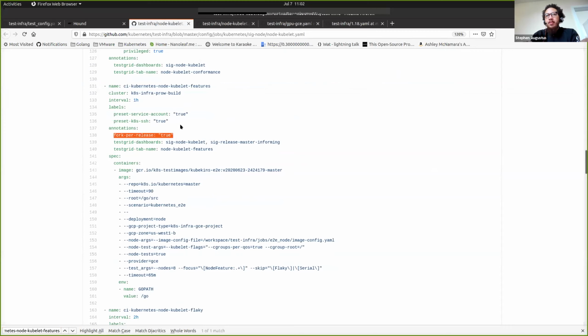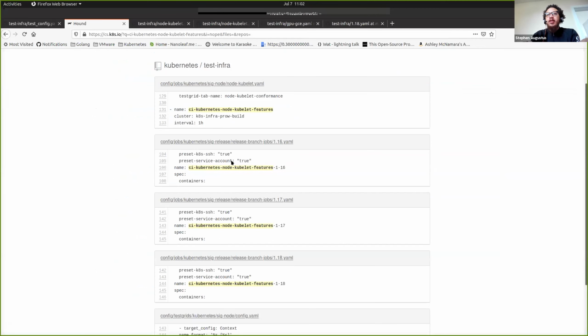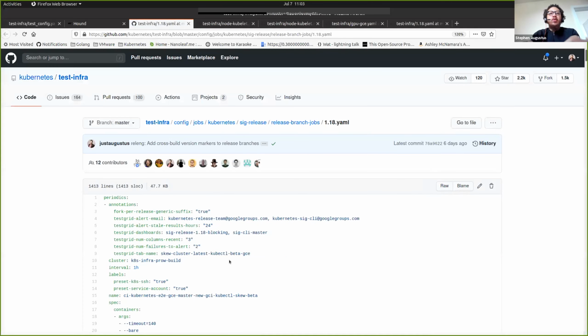Which means that every time it forks across a release, when the config is rotated, it will fork with a name representative of the branch that it's running on, right? So 118, 117, 116. So we want this to happen for really all jobs, so it's very clear what content this job is running against. And if we do a quick look at